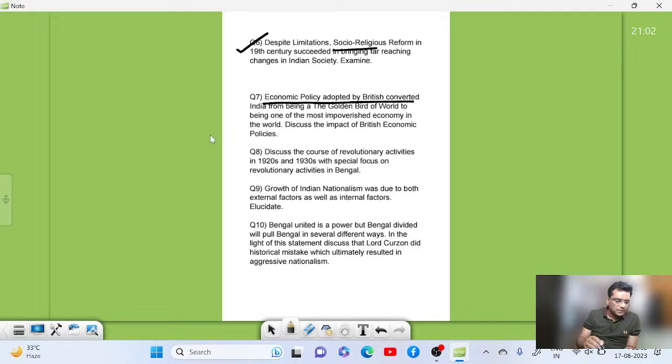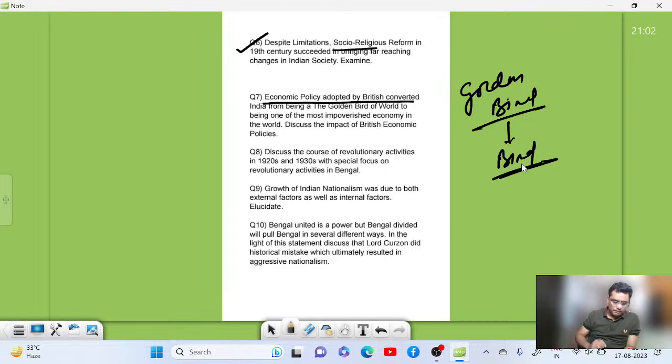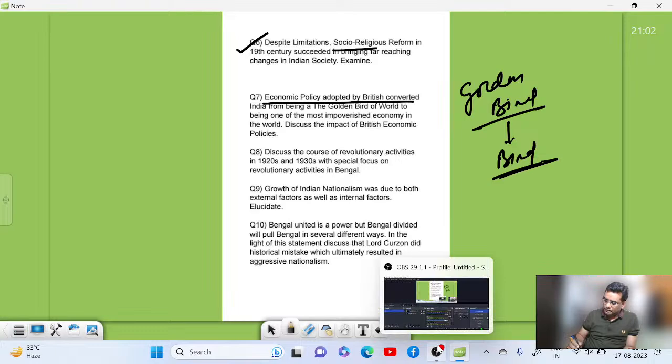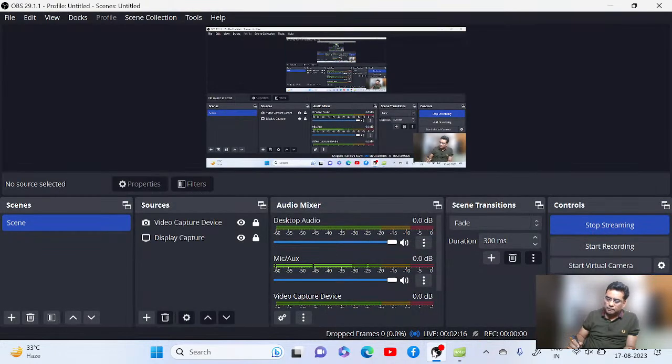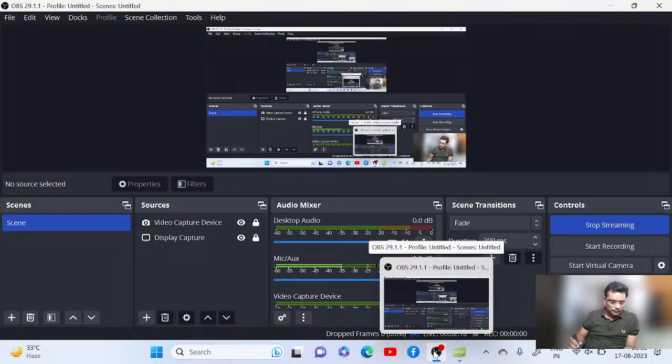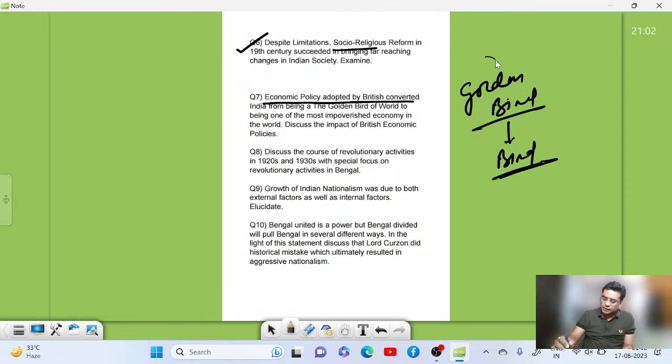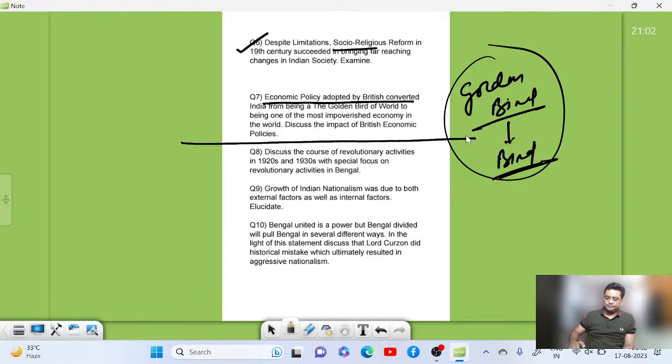Policies adopted by the British, and then we have discussed that golden bird turn into bird. So golden bird turn into bird. This is the last thing that we have discussed. So the 7th number question we have already finished. Now coming to question number 8,